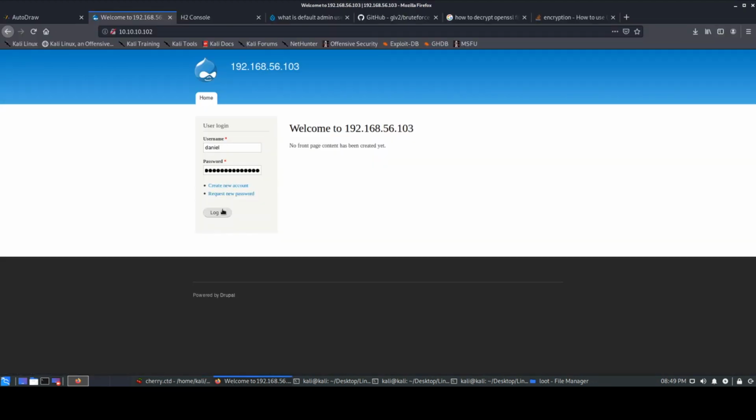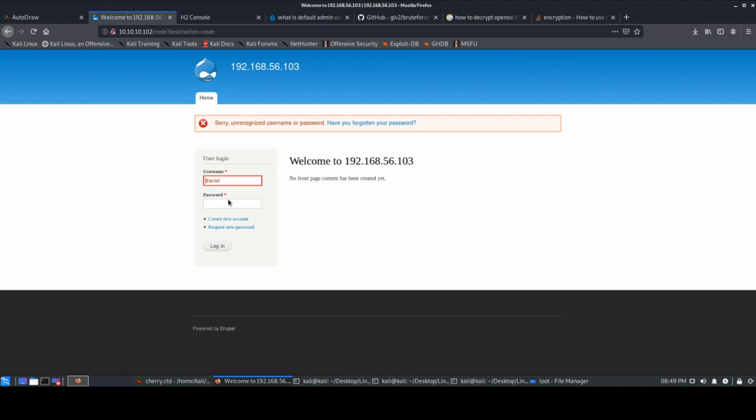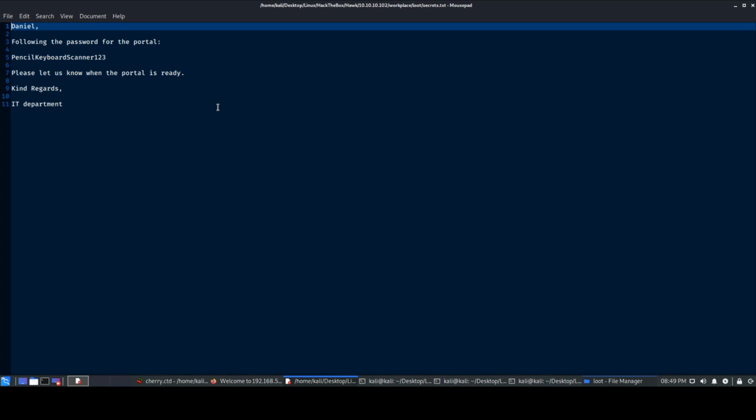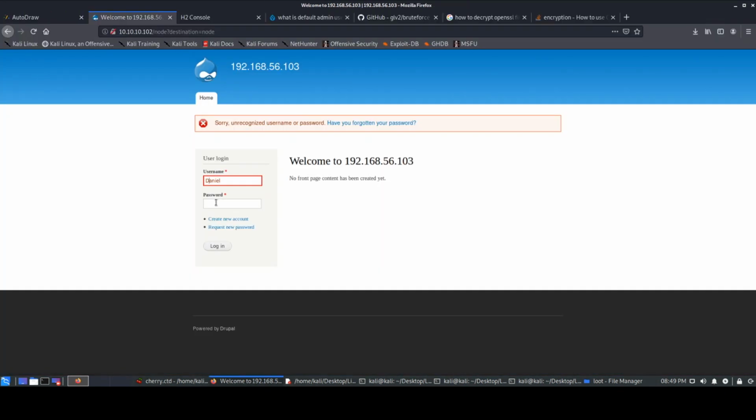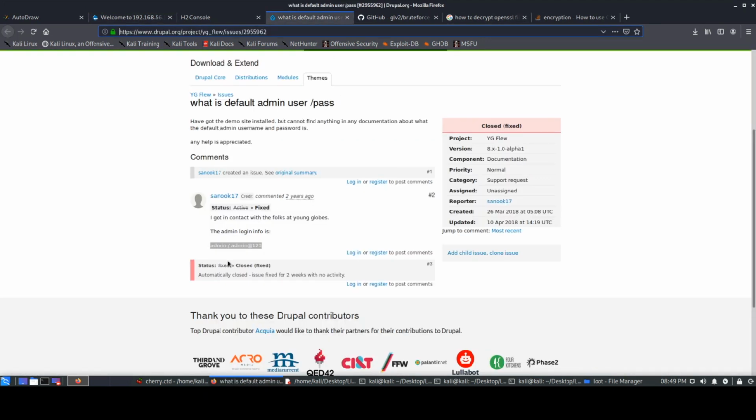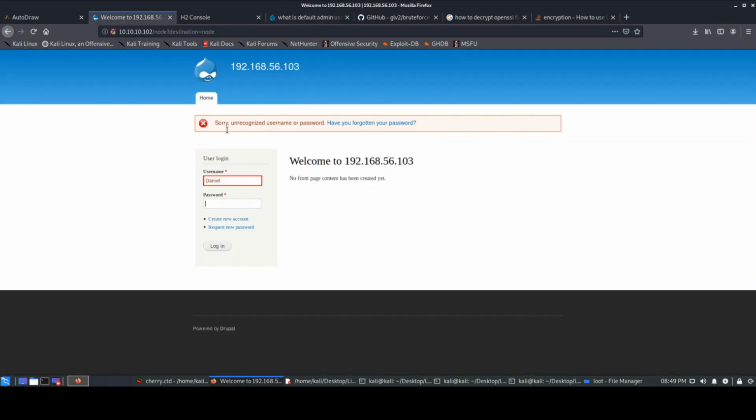Copy it, paste it. Does not work, so let's just try capital D, because over there in secrets it was present as capital D. So add that, does not work again. So another thing is, you have Daniel, you have the password, but for some reason it does not work. Earlier we saw the default password for this was admin and admin@123. So what we'll do now is use that admin over here and use the password, and we get